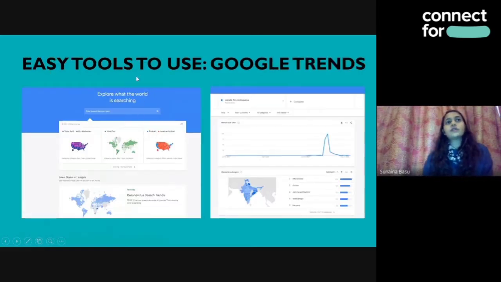So just to give you an easy tool to use for this kind of keyword research, even if you don't have a Google Ads account, there is Google Trends. You can look at what the world is searching. The top 3, let's ignore those. But if you go to the website, you can look at